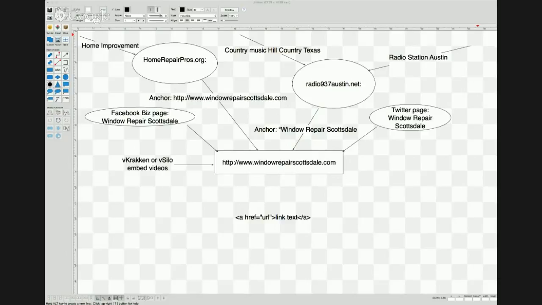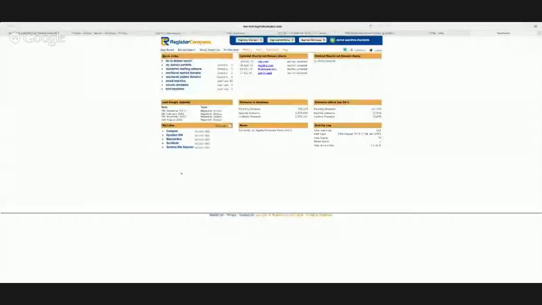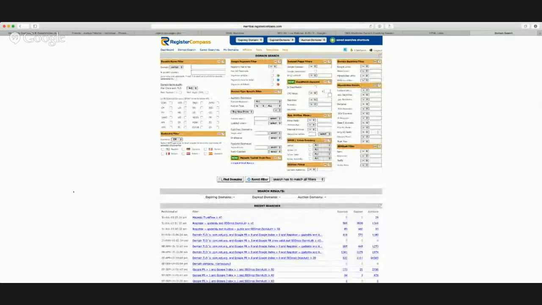So I'm going to change the browser window that we're sharing here first. Okay, it's going to be right there. Now we should all be looking at Register Compass. This is just one of the auction sites that we use to find expired domains. One of the things we do when using this, I'm just going to set this up. This probably isn't the exact filters that you want to look for.